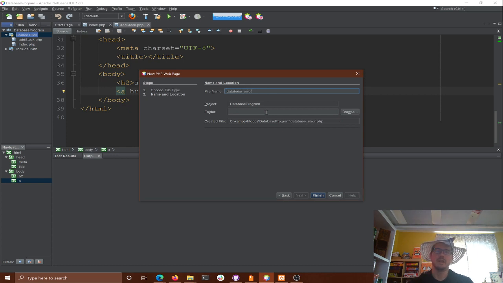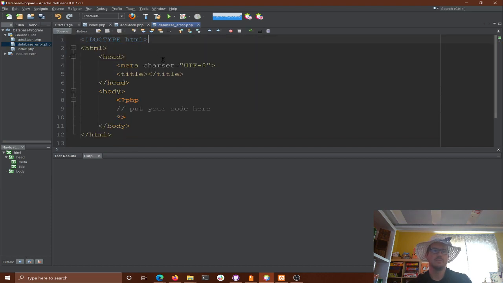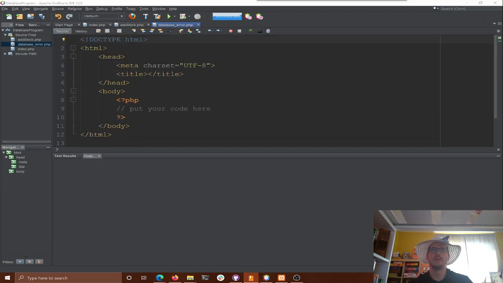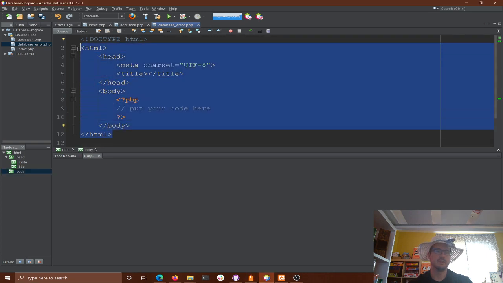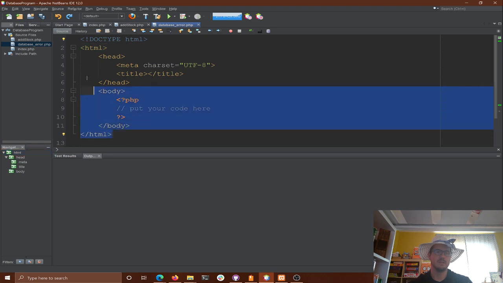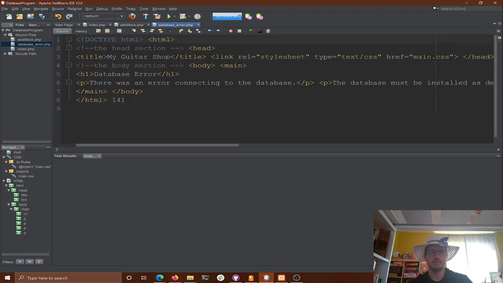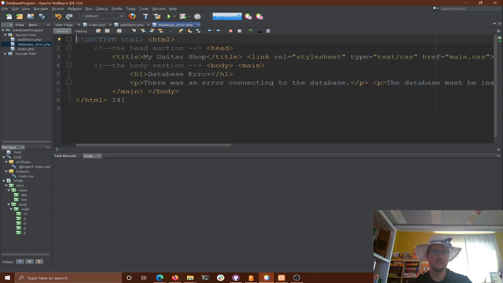Database error PHP page. And we're just going to rip this right off the book because, sure, that's perfectly fine. Copy. That's the joy of having an e-text, right? I think we can format that.